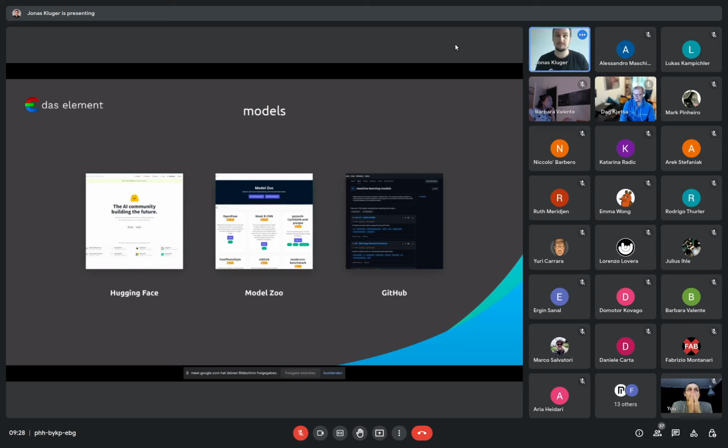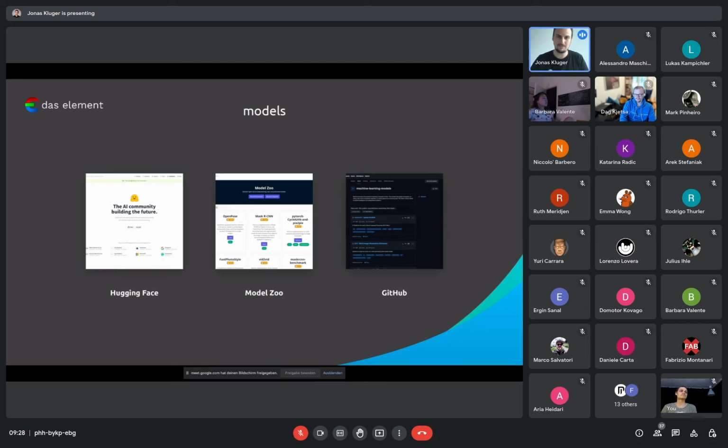GitHub is another source, and here it's getting a little bit more interesting because the models that are pre-trained are basically like a black box, and either it works or it doesn't work. At some point, we want to start customizing further to really adapt the machine learning models to our needs. GitHub often gives us the link to models and training sets, but also the code. And the code is what we are basically interested in.